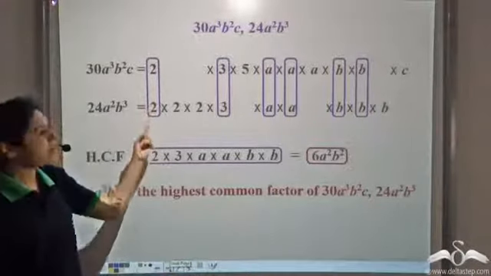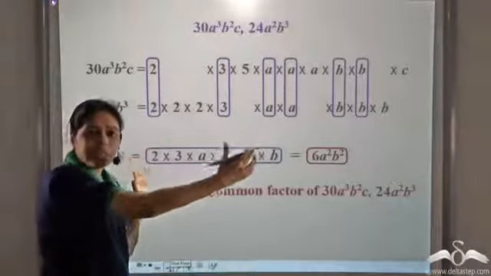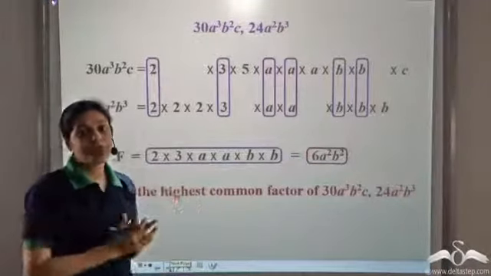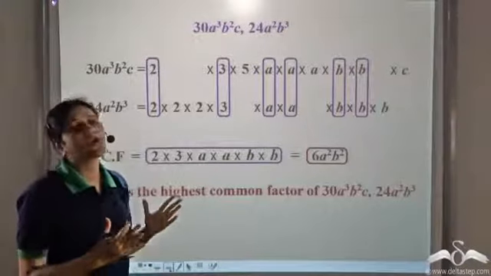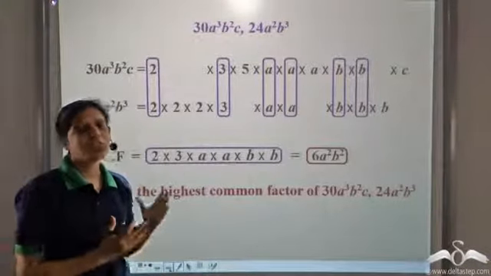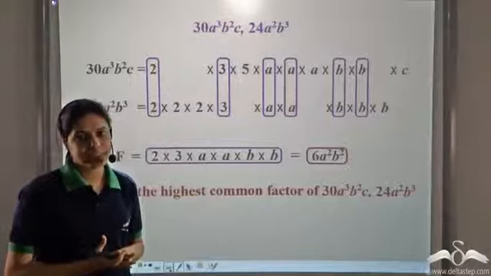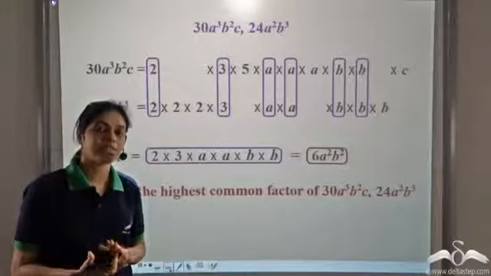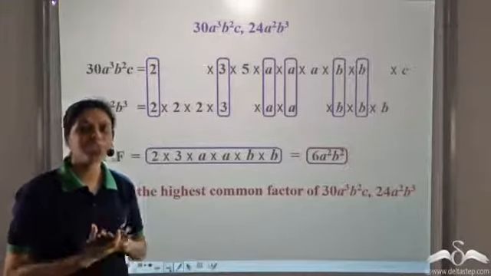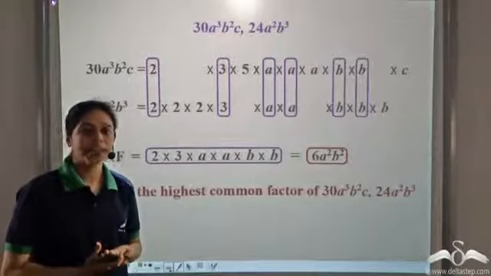Now, if you have a look, there are so many irreducible factors. In fact, we could have much more complicated terms. So is this the best way of finding the HCF, or do we have another simpler method? Yes, we do have a second method, and let us learn that.